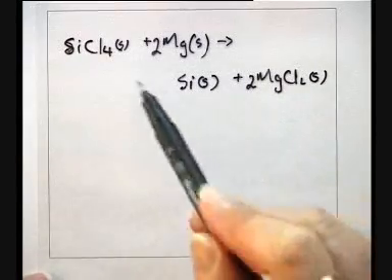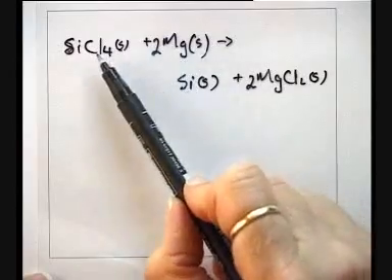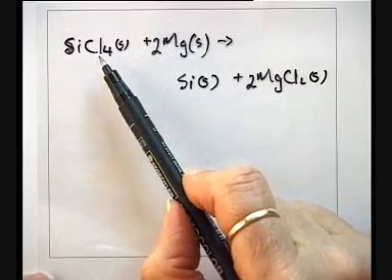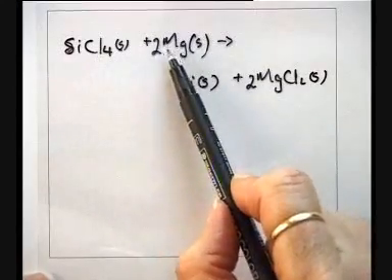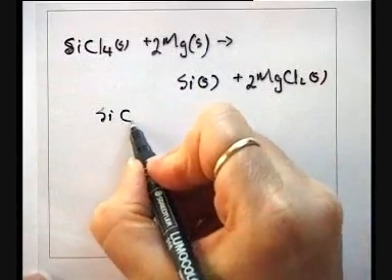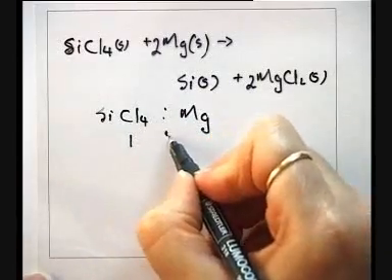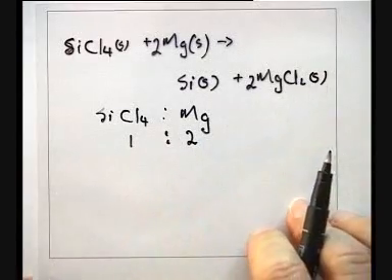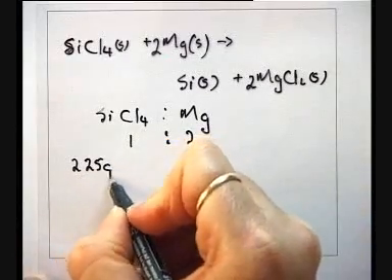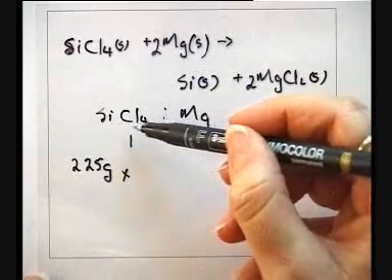You receive the information that you've got 225 grams of each of the starting materials. What you must ask yourself is, have I got enough magnesium to react with all the silicon tetrachloride present? You're going to compare silicon tetrachloride with magnesium, taking into account the conversion factor, the stoichiometric coefficients. Express 225 grams silicon tetrachloride as the number of moles by taking into account the molar mass conversion